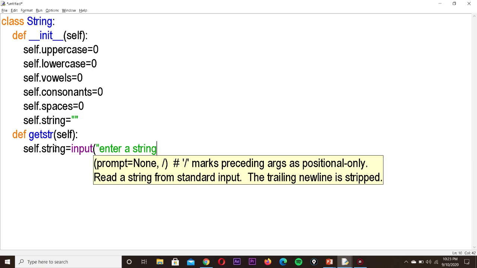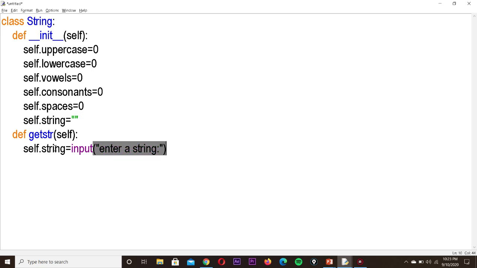So put colon, put solve. Okay, in your manual they have given us a str function that they have used. Without using the str function, we can write this input statement directly, because by default whatever we type through the keyboard will be accepted as a string only. So there is no need of using the str function.